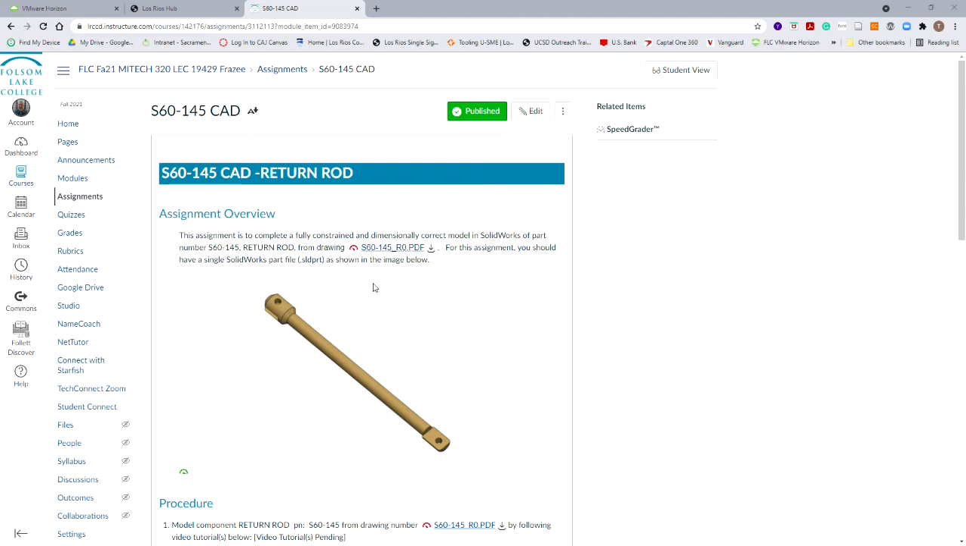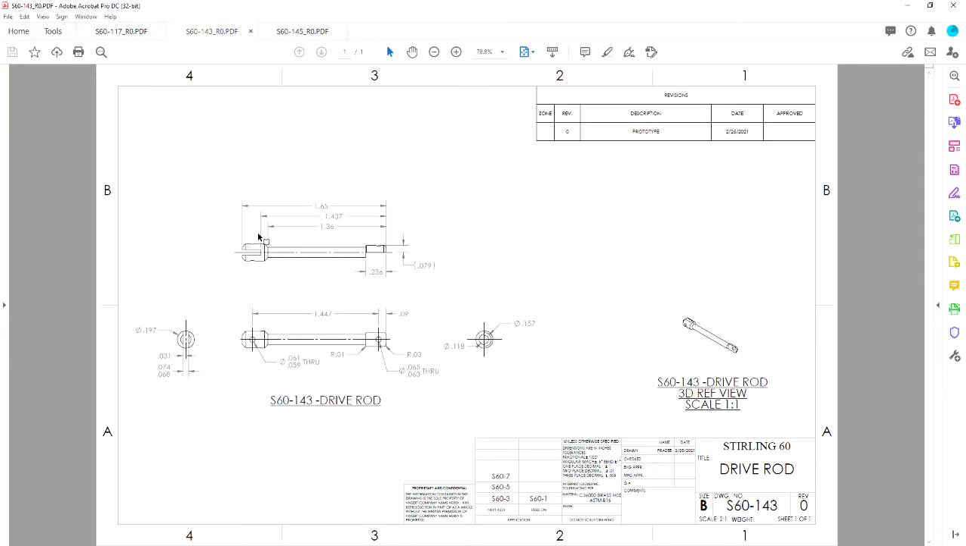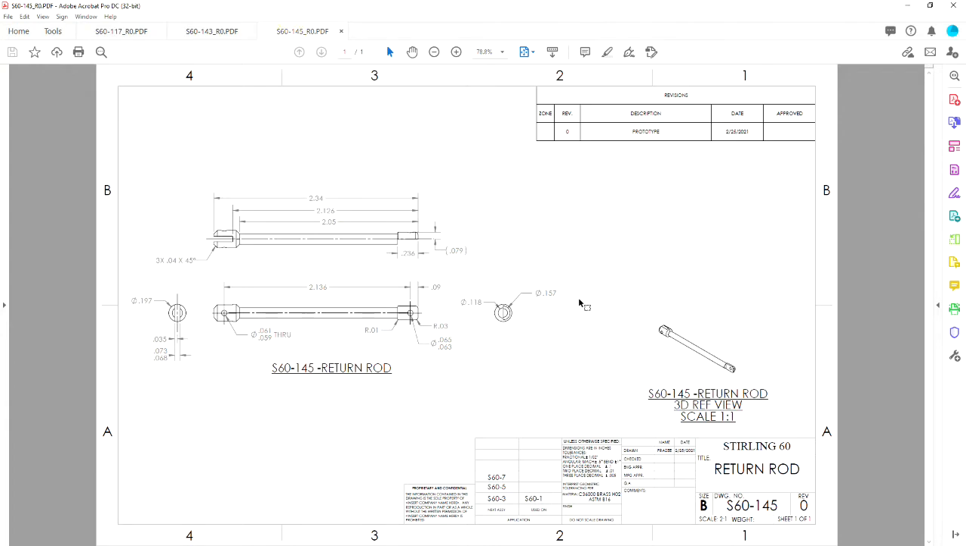This one's the S60-145 return rod, and as we discussed in the prior two videos, it's very similar to the 117 and the 143. It's pretty much identical to it with some different lengths on the part. Okay, so we're going to do the 145, and this should be a relatively short video because we're going to start with just copying the 143 and then changing all the dimensions in kind to create the 145 using the